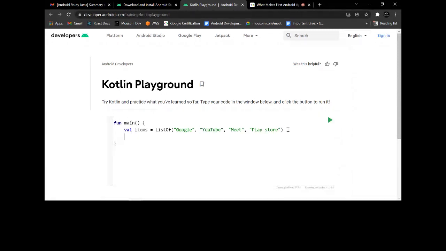So if I want to print all of these one by one, I can use a for loop. I think most of you know about these loops. In Java or any kind of language, we have to write things like int i equals 0, and then do some checking of from where to where we have to check. In Kotlin, we don't have to do that. It's more like Python.